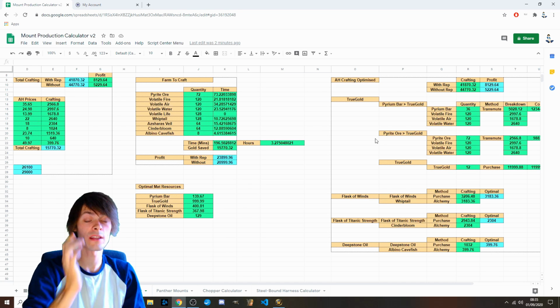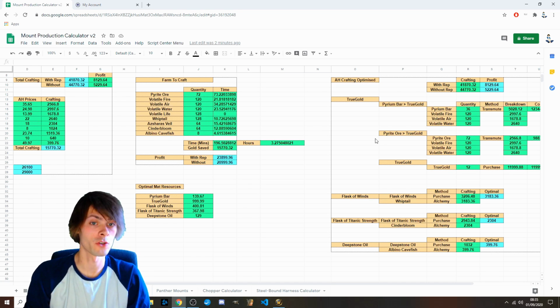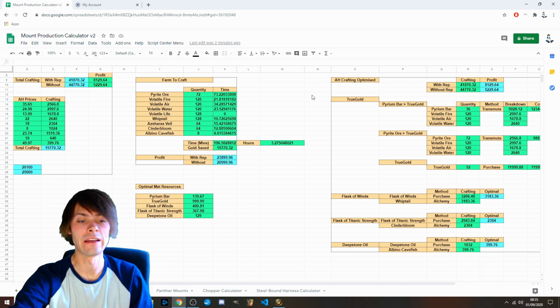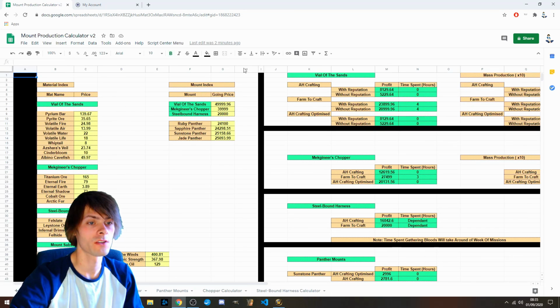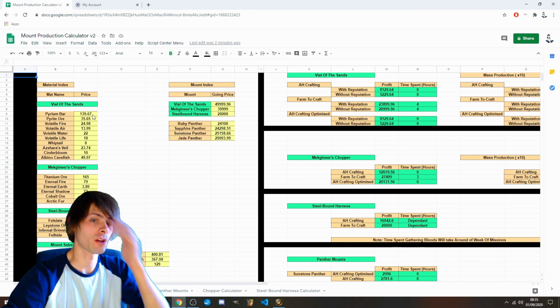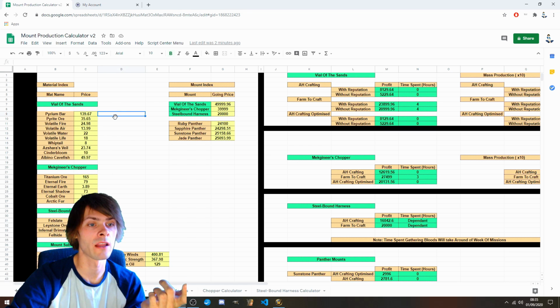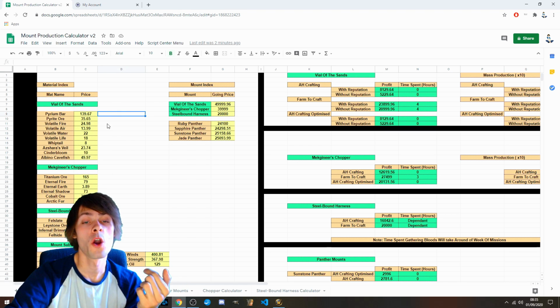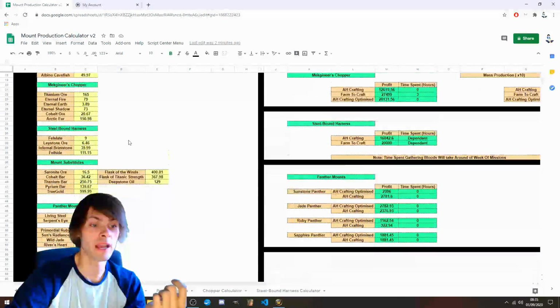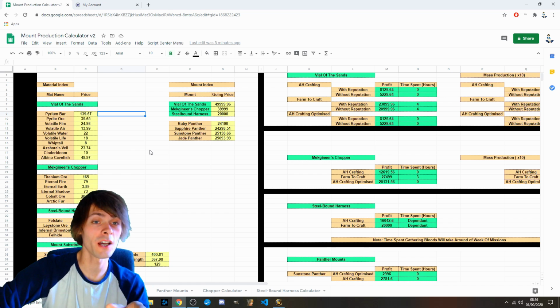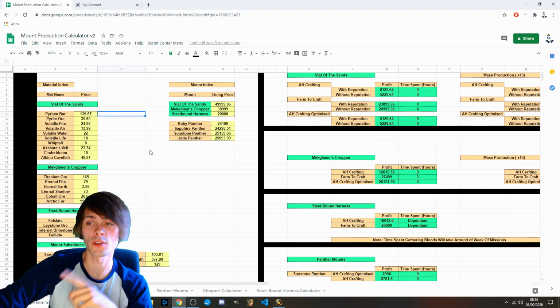Now the only thing that I wanted to mention is the part where you had to fill in the different types of values. You had to manually update these yellow boxes, and that was a massive pain because, quite frankly, no one really wants to go and update all of that different stuff. So what has occurred is a user, who's going to pop up on the screen in just a second,